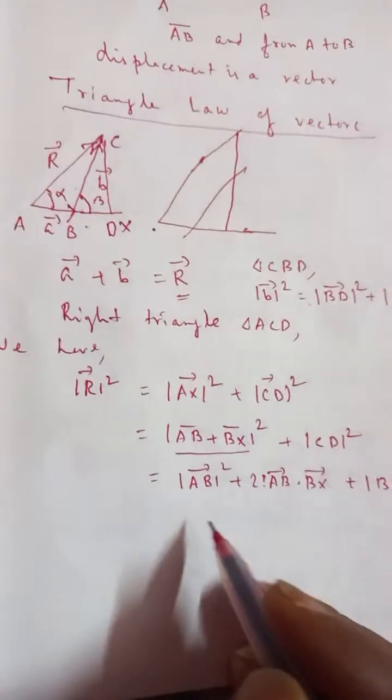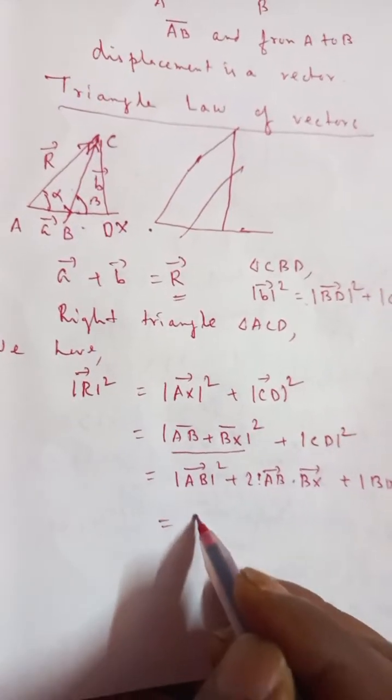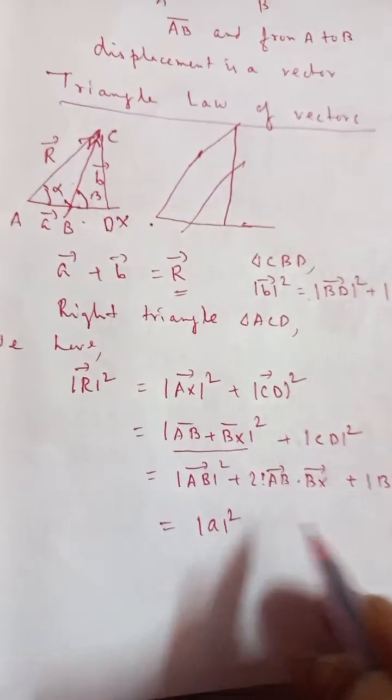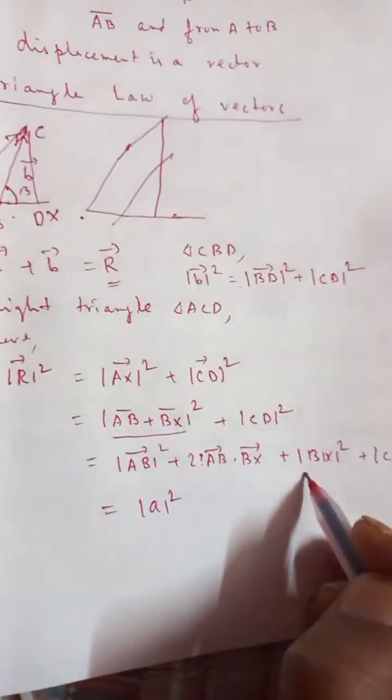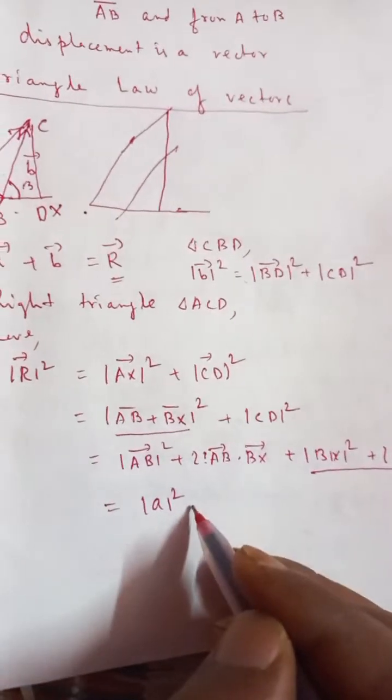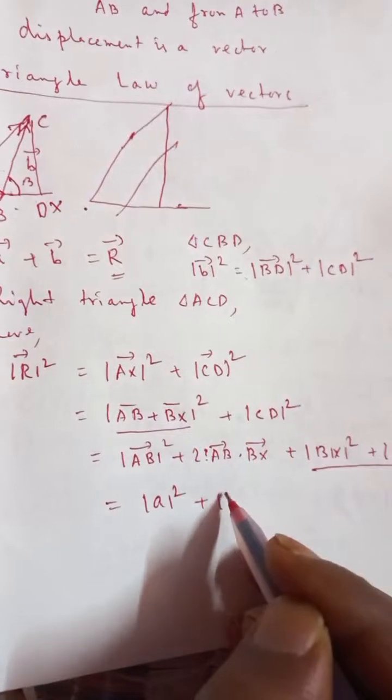Now mod of AB vector is equal to mod of A vector whole square plus mod of B vector whole square